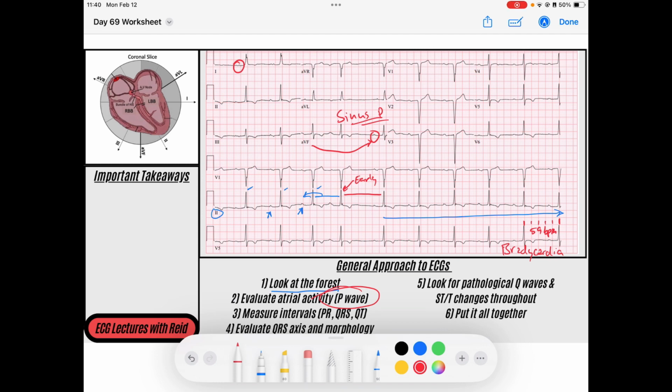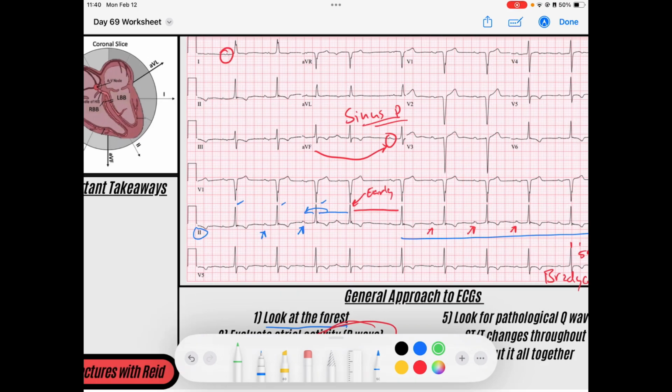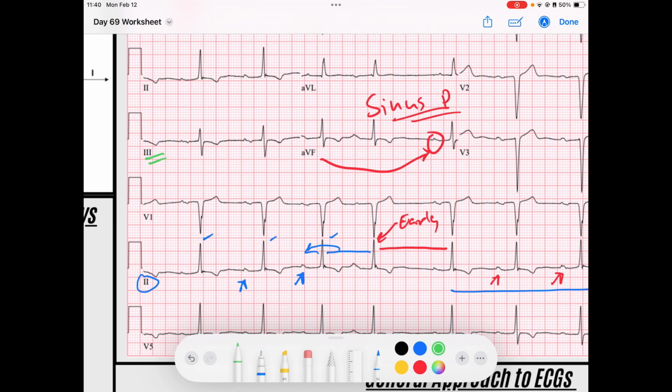Like we said, it seems like we've got P waves that occur before QRSs. Let's see how those P waves and QRSs are working together, right? And we can look at our PR interval to do that. Our PR interval is what's going to measure the next step in our conduction system after the atria depolarize, which is our AV nodal delay of the signal. So if you pick a lead that's got a nice sharp P wave, maybe here in lead 3, and you look at the start of this QRS from the beginning of the P wave,